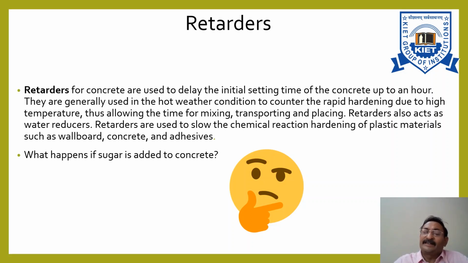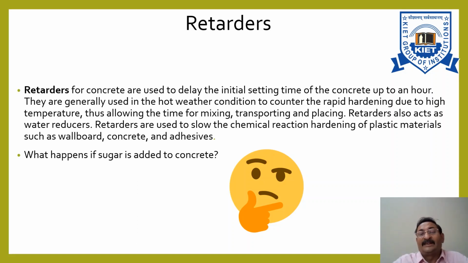Even we had discussed at the time of manufacturing of cement that by adding gypsum, we can retard the setting time of cement. And it is true, but gypsum can be added only for 2 to 3% by the weight of the cement. It can retard the setting within a limit. If you increase the quantity of gypsum so that you can increase the setting time, then you may not have any control on the setting time. It is also possible.